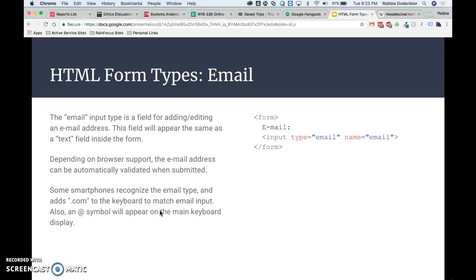The next is email. This is very specific. The email input type is a field for adding, editing an email address. This field will appear the same as a text field inside the form. Depending on browser support, the email address can be automatically validated when submitted. So that just checks to make sure that you have an @ symbol and that there's the .com, the .edu,